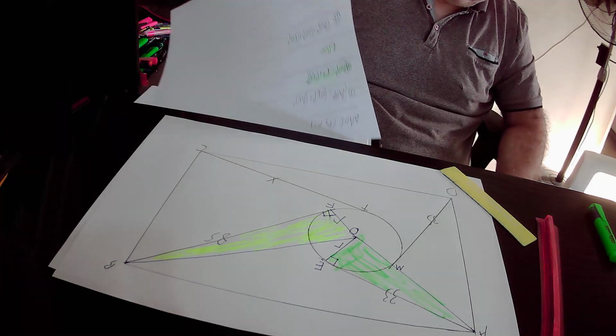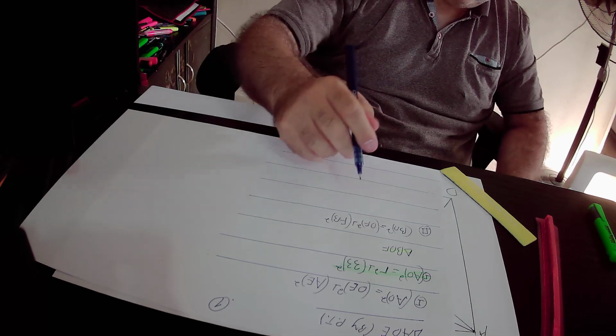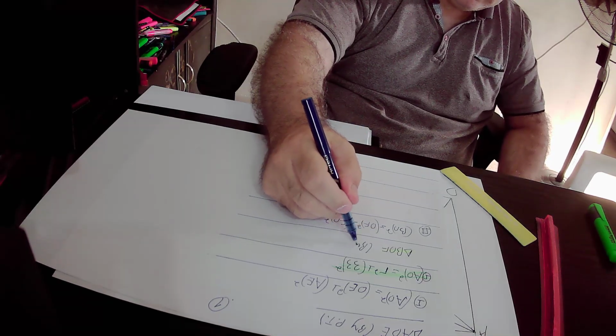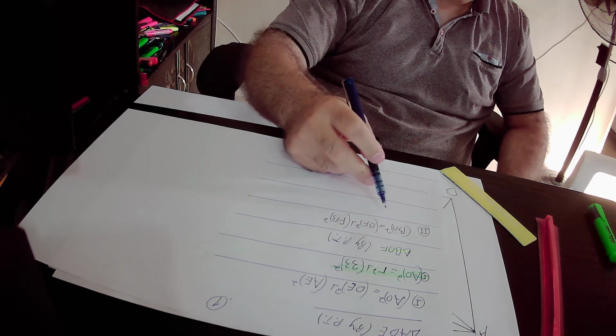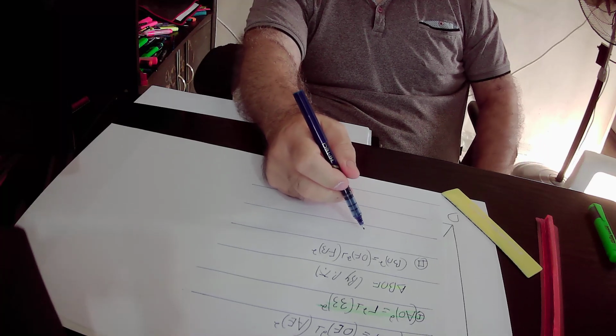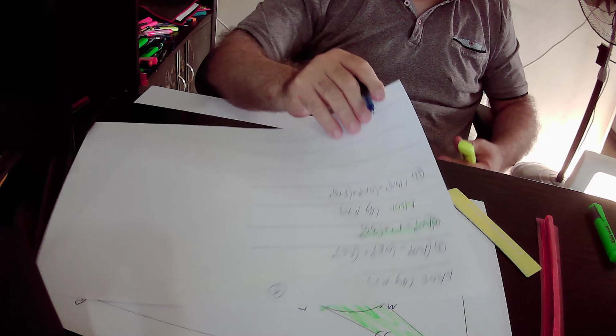Repeat again, in the yellow right triangle BOF, by PT, BO square equals OF square plus BF square. So BO square